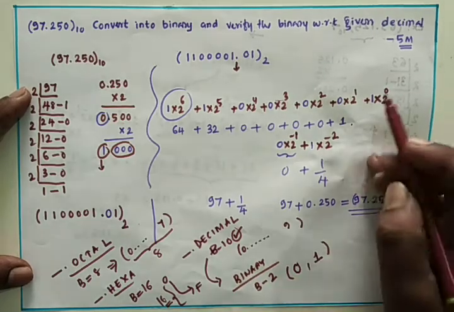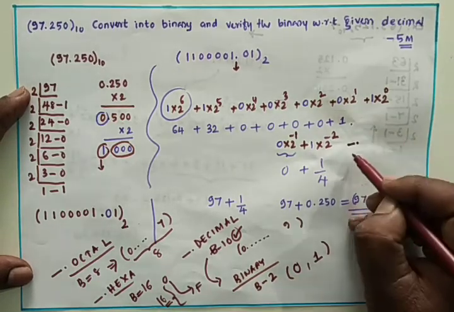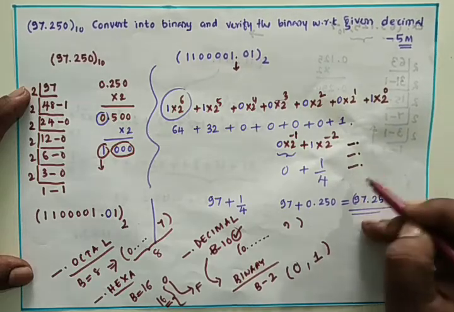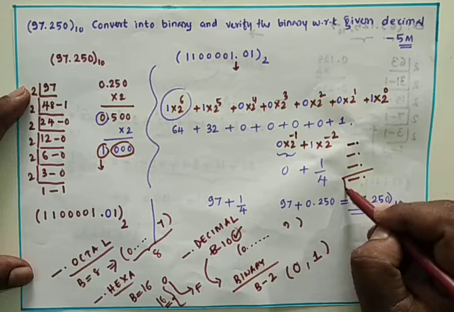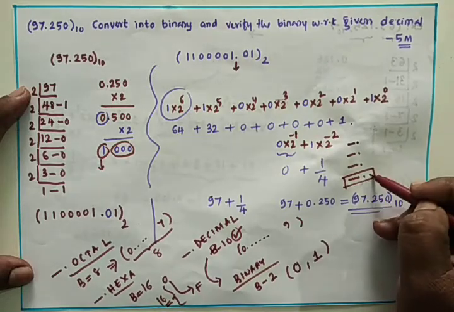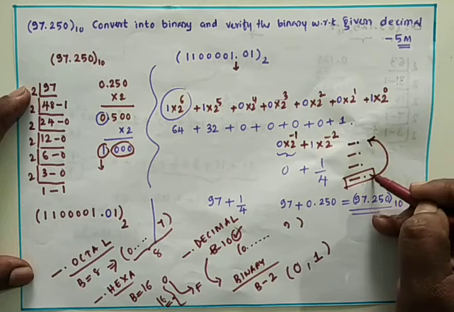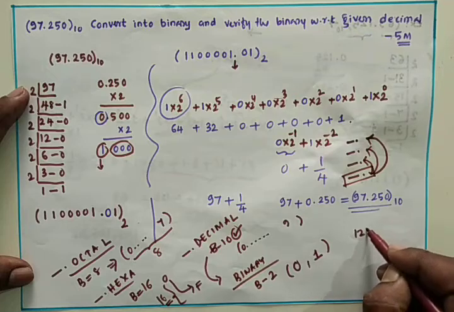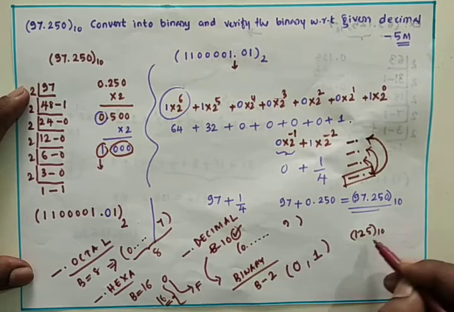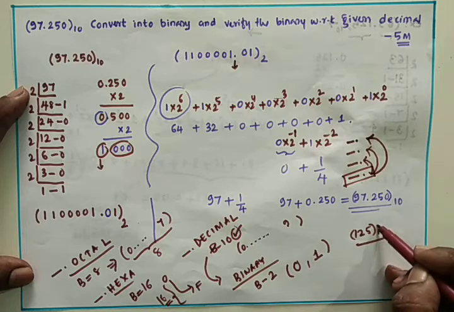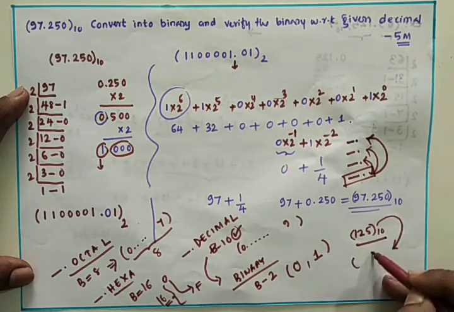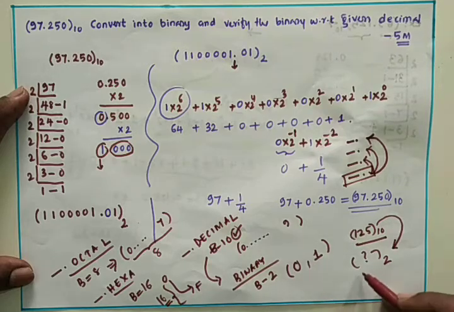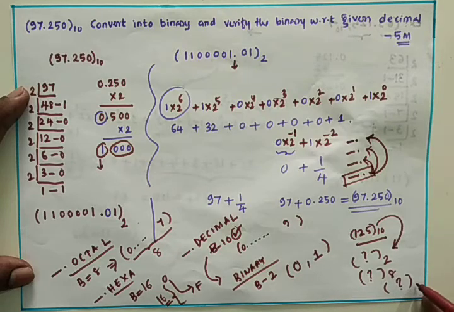Here we have four number systems: decimal, binary, octal and hexadecimal. If you have one number in one number system, we must be able to know its equivalent in the remaining three number systems. For example, 125 base 10 is there. Which number system is it? It is a decimal number system, so we must know its equivalent in binary, that is base 2, its equivalent octal number, that is base 8, and its equivalent number in hexadecimal, whose base is 16.